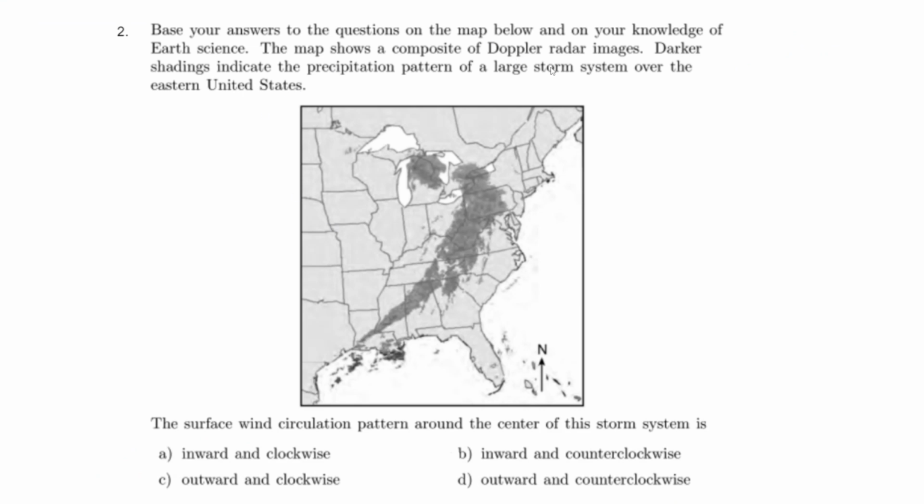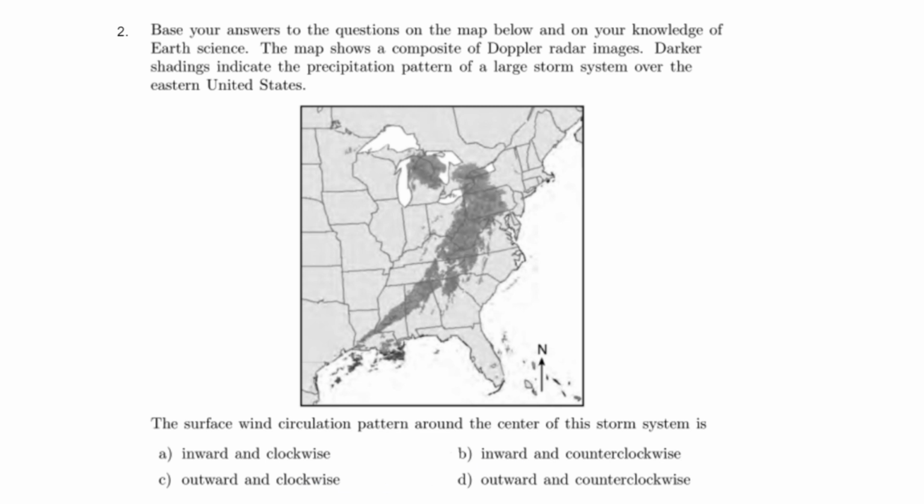Base your answers to the questions on the map below and on your knowledge of Earth science. The map shows a composite of Doppler radar images. Dark shadings indicate the precipitation pattern of a large storm system over the eastern United States. So it's telling us that this darker part of the image is where precipitation is happening. In other words, rain, right? And it's a large storm. So the surface wind circulation pattern around the center of the storm is